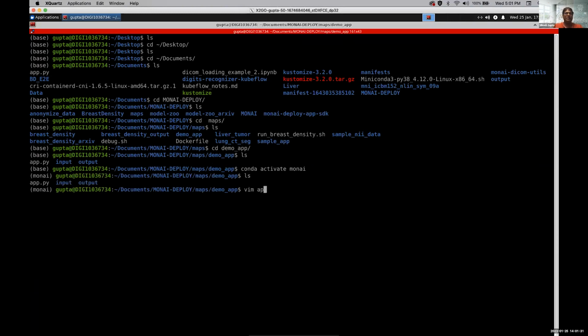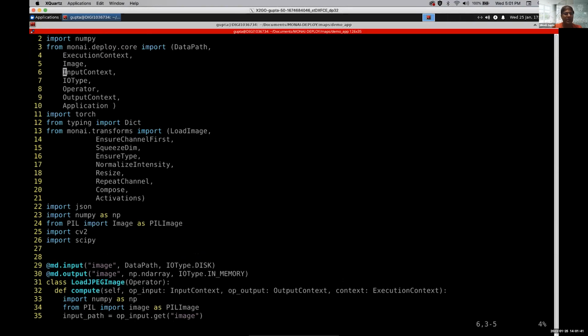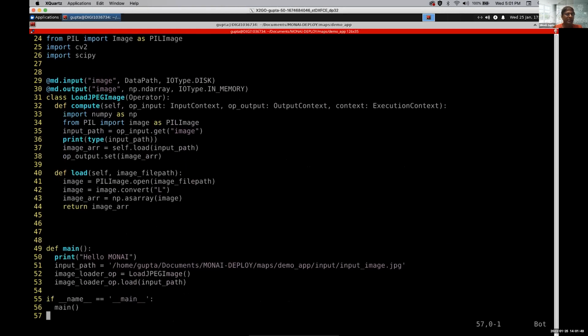This is example code to just load a JPEG image. There is nothing too crazy. You have these boilerplate imports, which you will do. And this is a very simple function to load a JPEG image, and you have the input context from disk because you are reading from disk and you want to save it on the memory. You just define those input outputs, and I just over-engineered this small solution